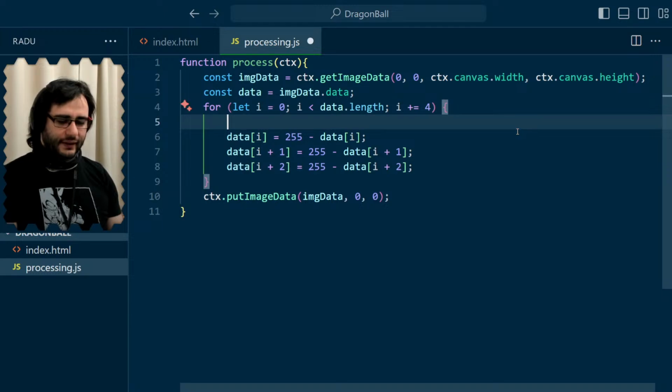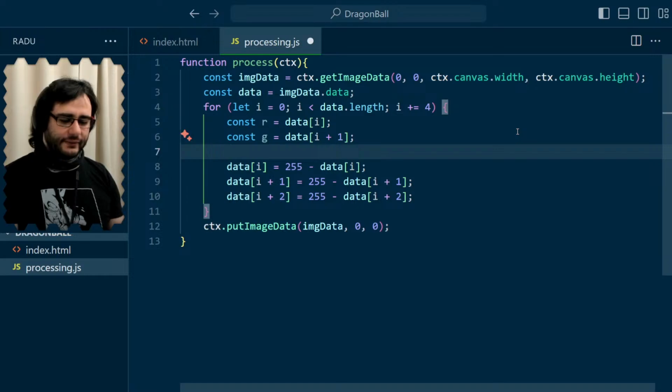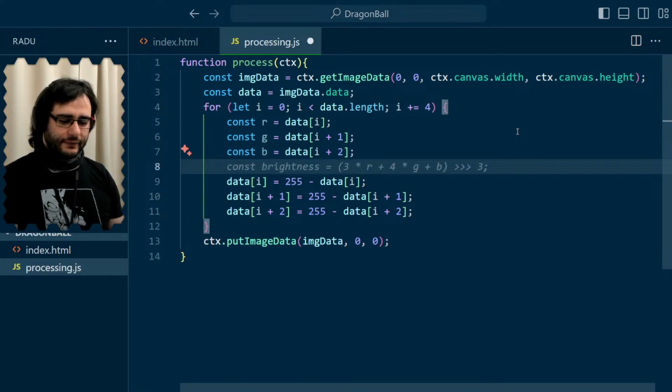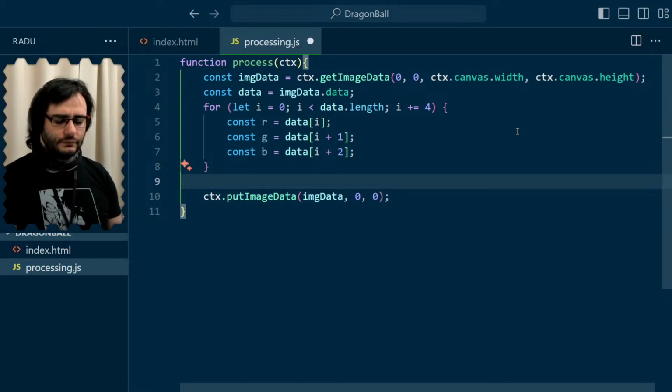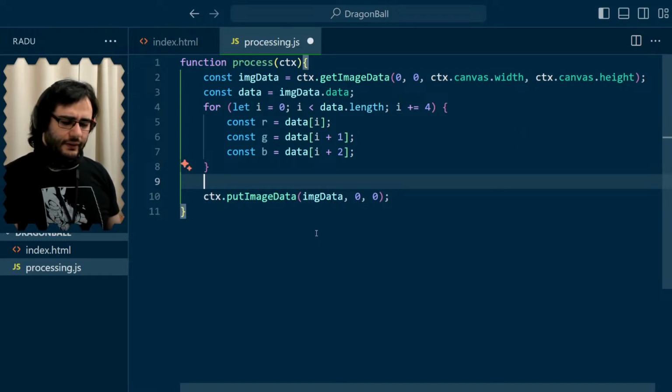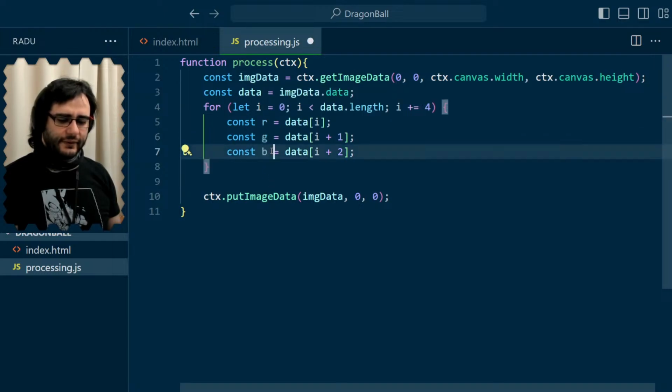So I just want to take out the red value, data of I, the green value, data of I plus 1, the blue value is that. And I don't know why it's calculating brightness like that. I do want to take the alpha out. Or no, all of them have the same alpha value. So now I do have this red component, green component, blue component, and I'm interested in those that have a